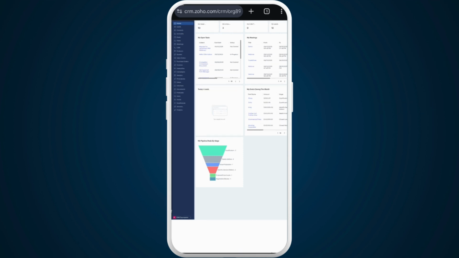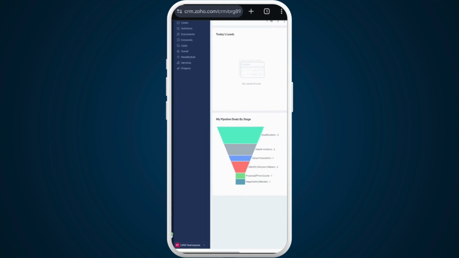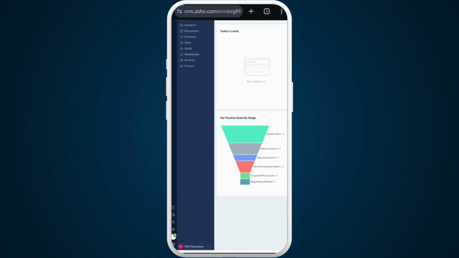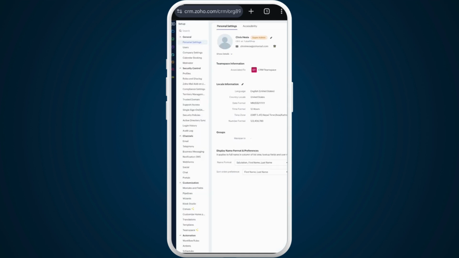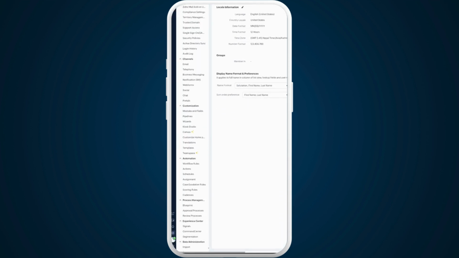Now, in order to create custom fields in your Zoho CRM account, you need to go to the settings first. Here in this home page, at the bottom left, you can see the settings icon. Tap on it. Now on the left hand side, you can see different settings menus, and here in this customization